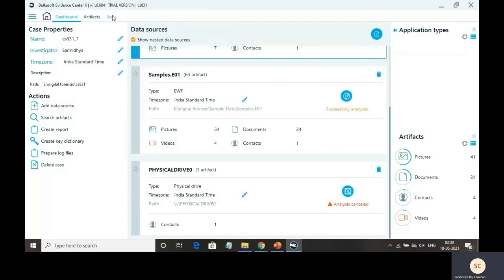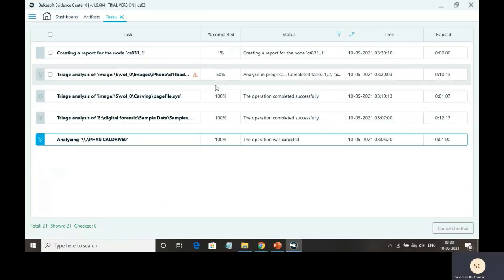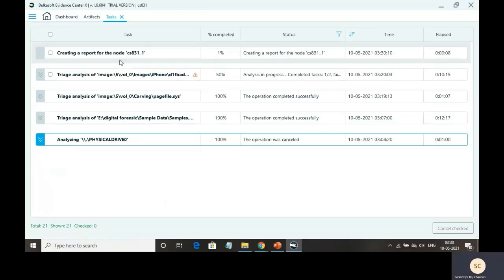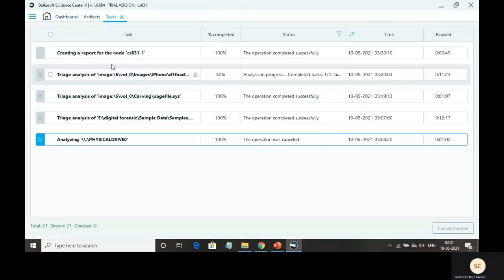In the tasks option, we can see all the tasks that have been created and have been completed or were cancelled in between. So we are creating a report. This task is also added, and here we can see its progress. After the report has been prepared, we'll look at how it looks.